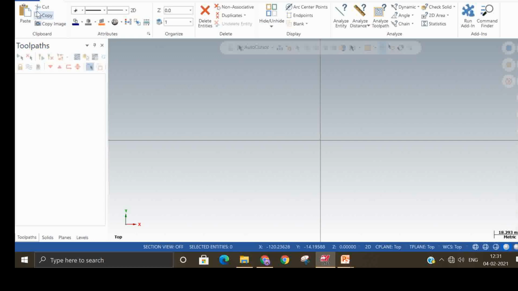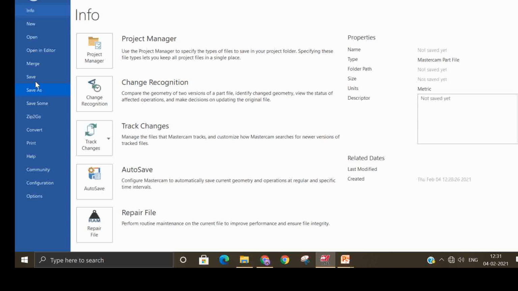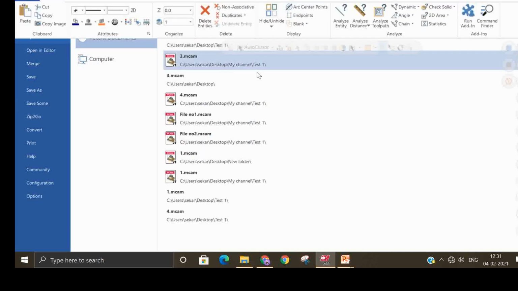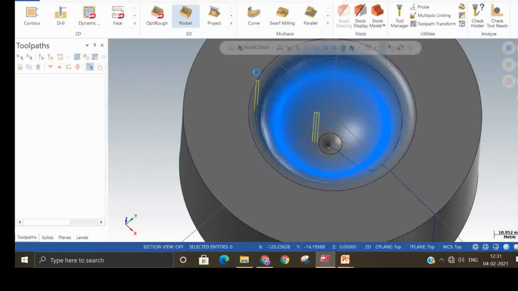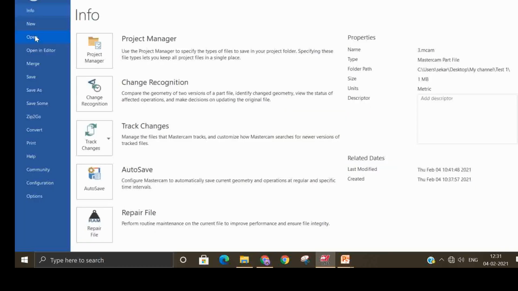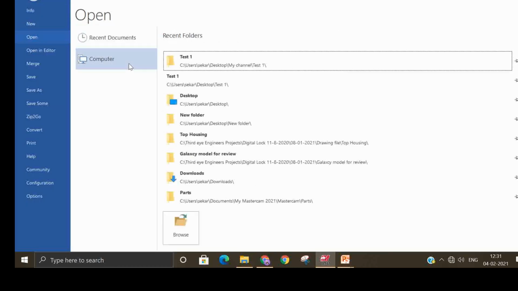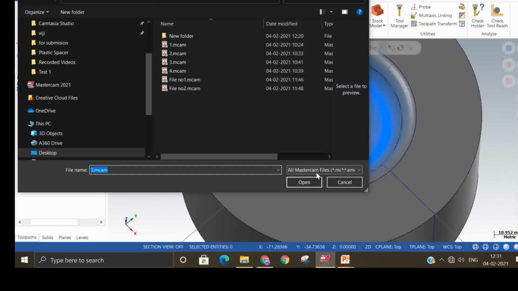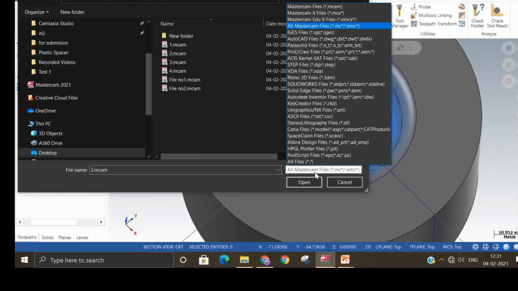In Mastercam, what translators are available, you can see here. File, Open. You can see these are the translator files available in Mastercam.